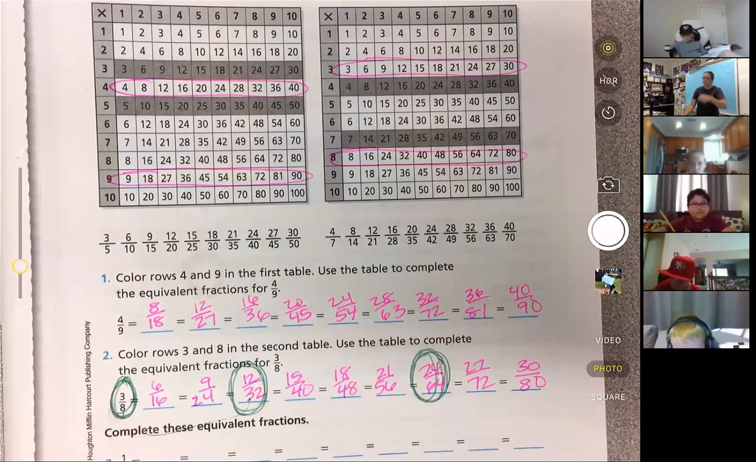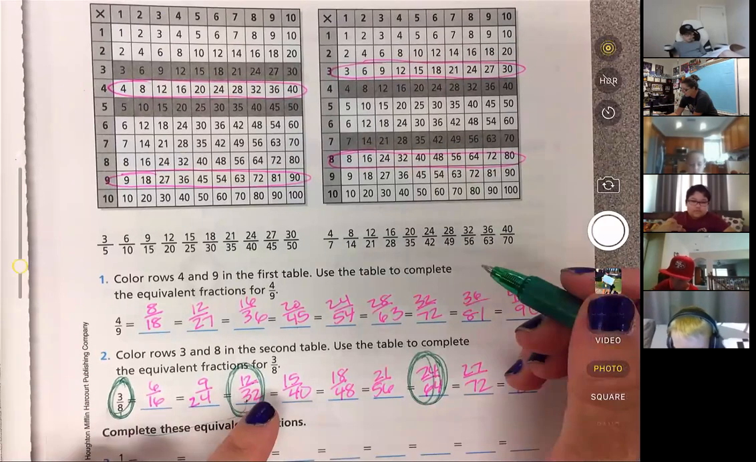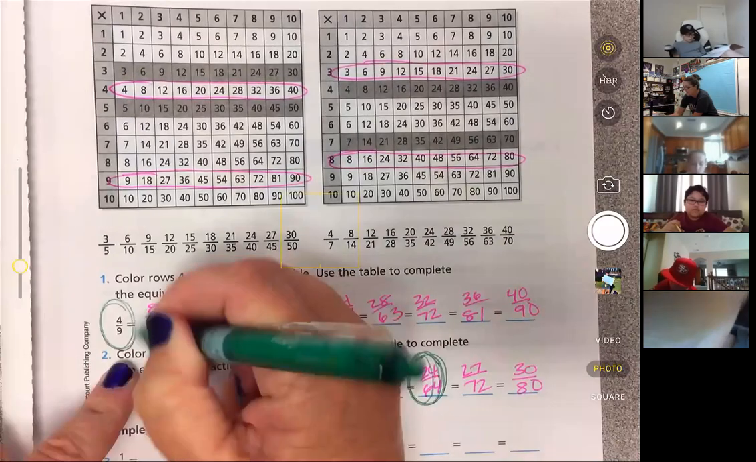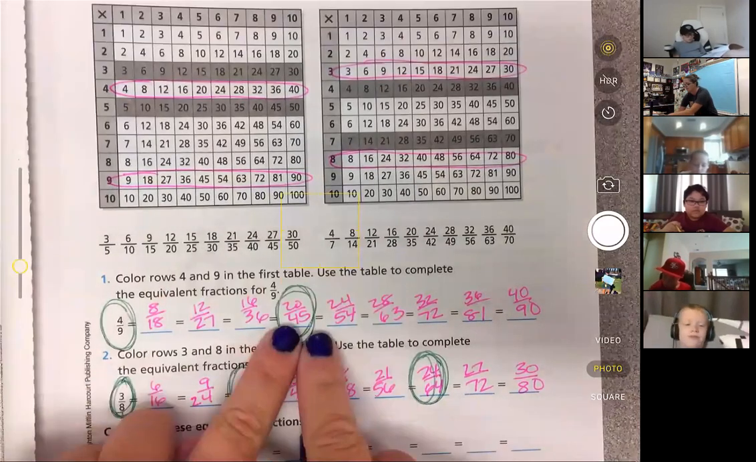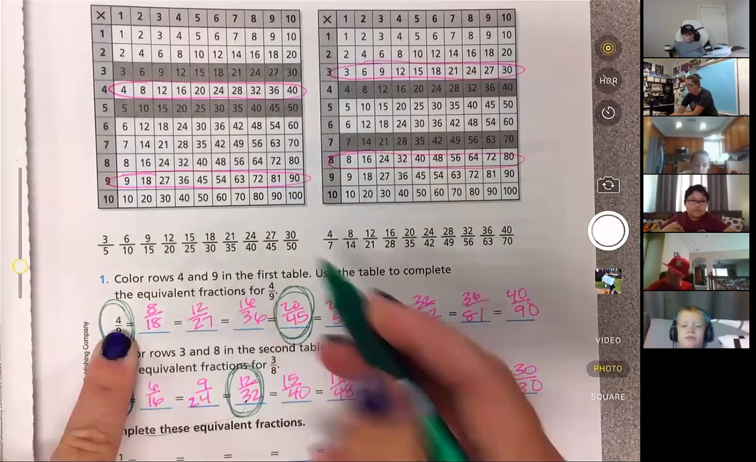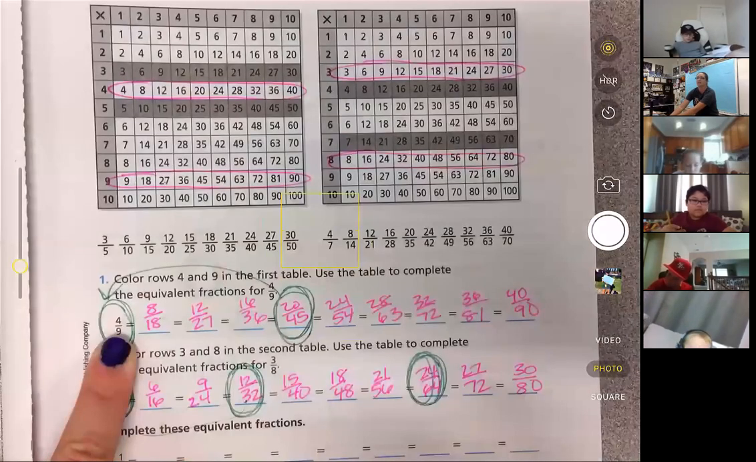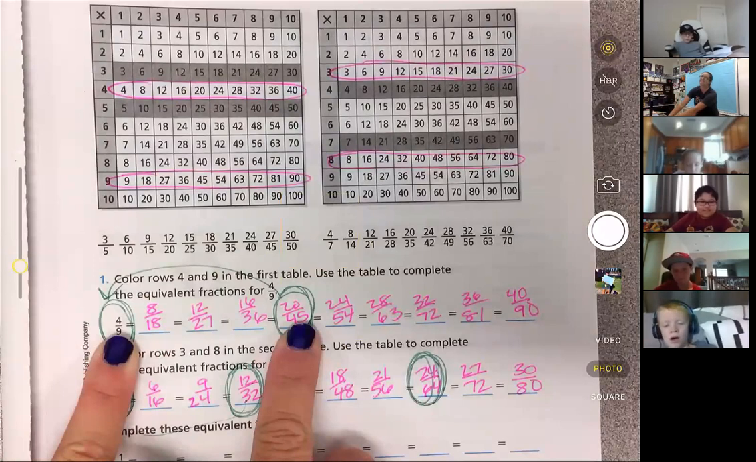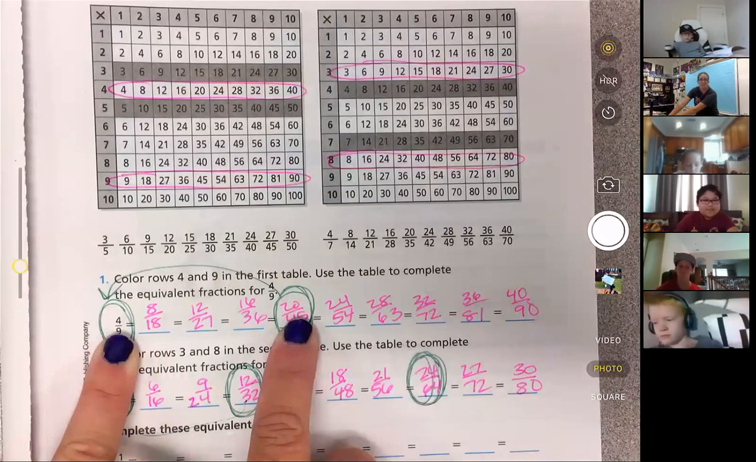Okay, I'm going to switch it up on you guys. Let's see if you can keep up. Now I'm going to go from, let's do this one, from 20 over 45 back to 4/9. So how do I get from 20 to 4? Now I'm going this direction. Multiply by 5. Wait, 20 times 5 is... You divide by 5. Divide by 5. Yes, 20 divided by